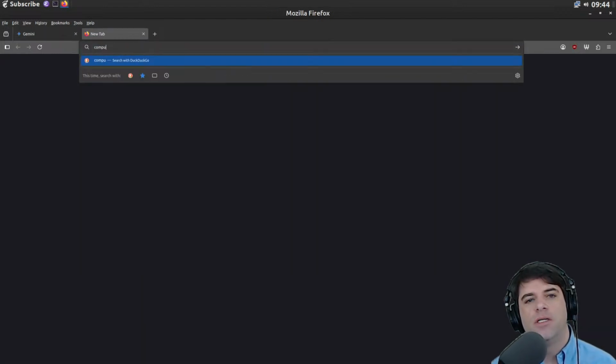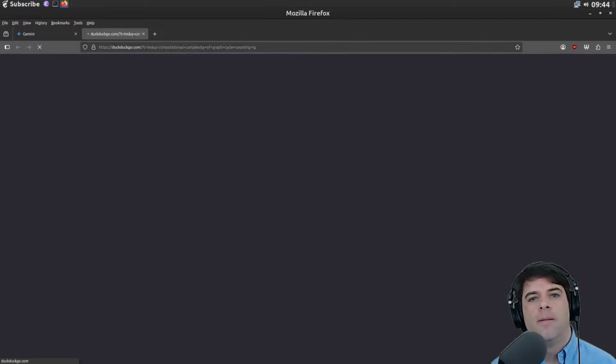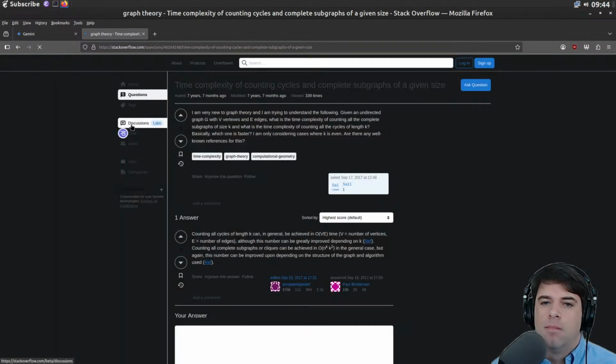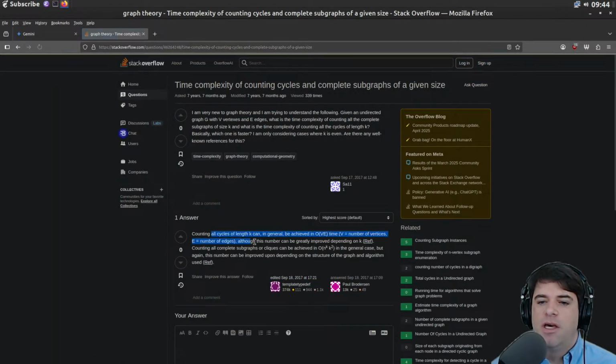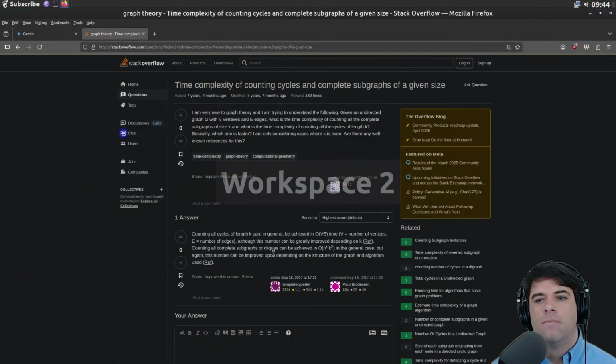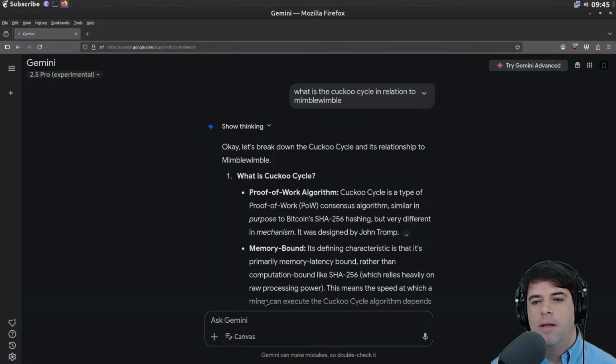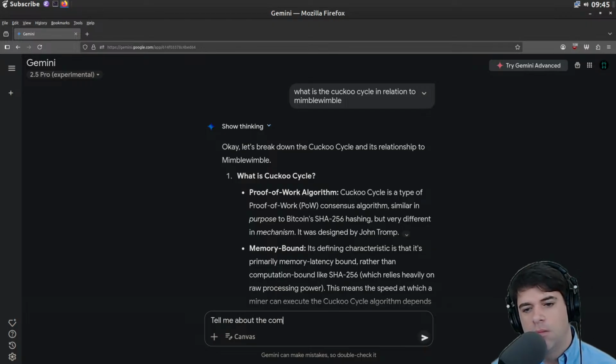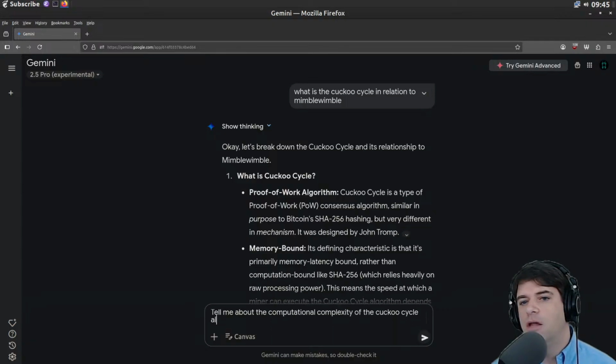What is the computational complexity? Counting all cycles of length k can be achieved in O(VE) time. Counting all complete subgraphs or cliques can be achieved in O(n^k) in the general case. I'll ask Gemini. Tell me about the computational complexity of the cuckoo cycle algorithm, I guess.